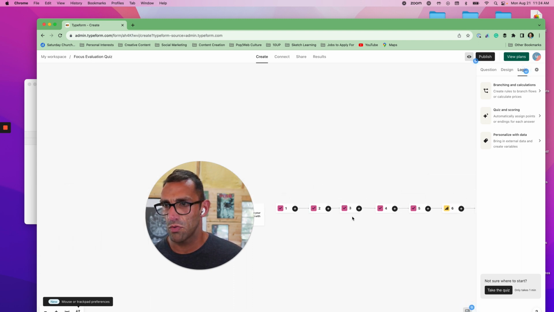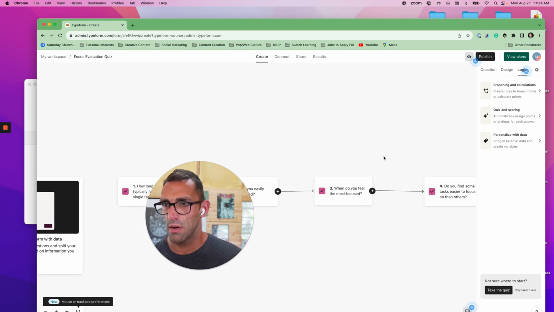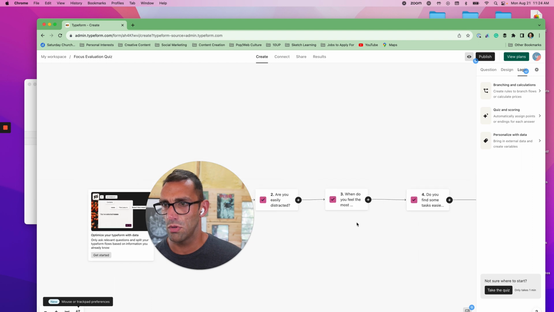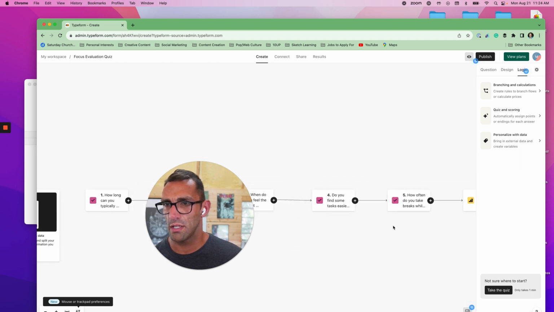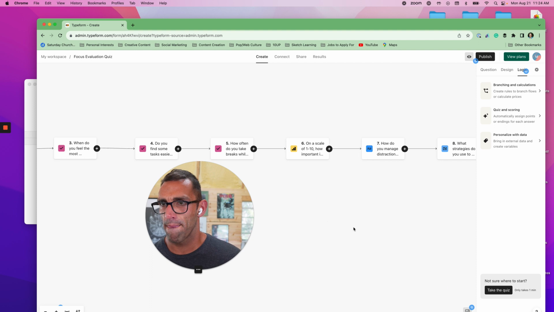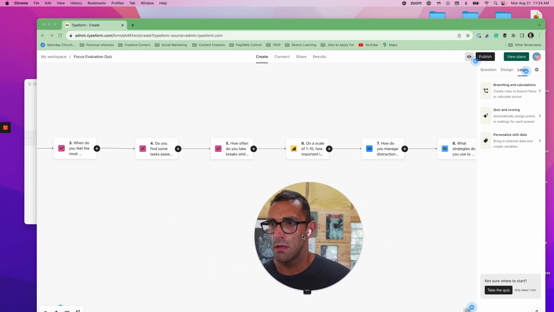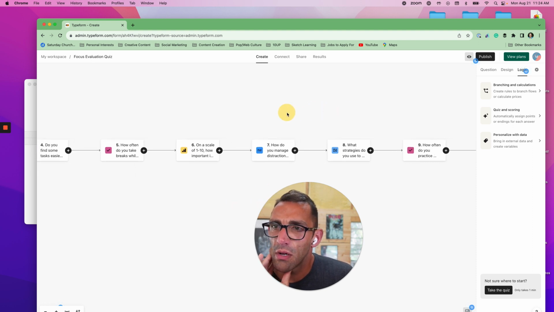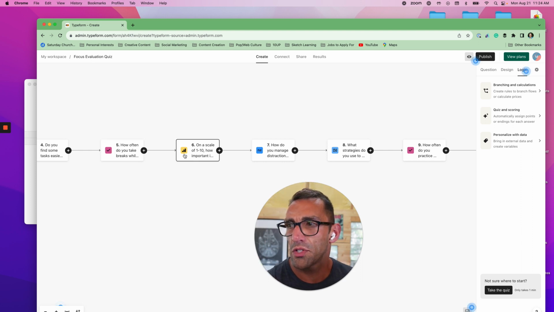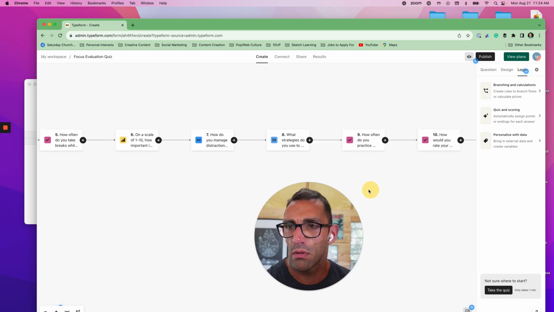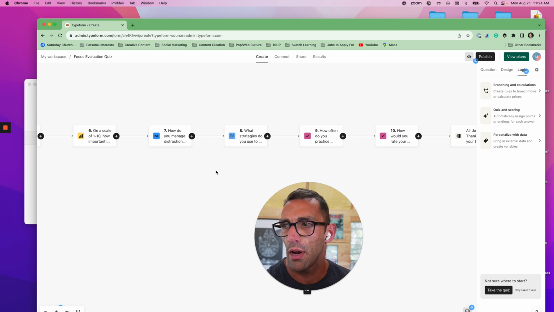So you have to have other questions you want it to go to. And then it seems like scrolling up and down actually with two fingers zooms out, which is cool. And then you can click and drag to see the rest of it. So they generated a good amount of information on here, and I'm guessing the icons are what type of answer they want. So checks are multi-select, this graph is showing you a scale, these are typed out, and that's fine. So if I wanted to break it to a different direction,